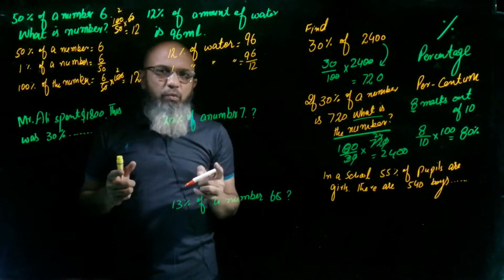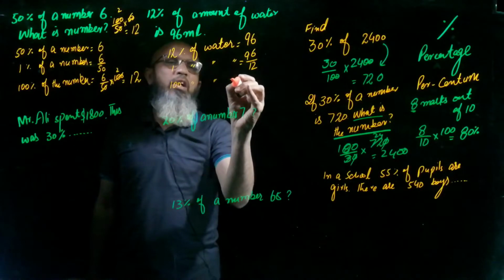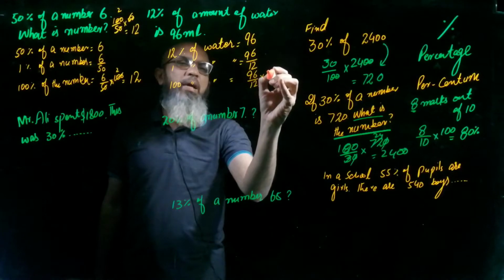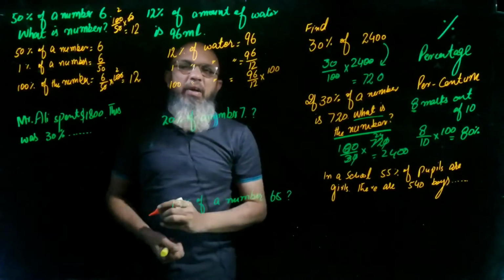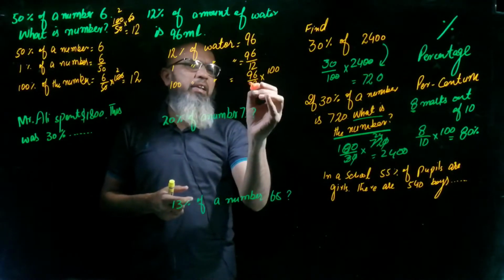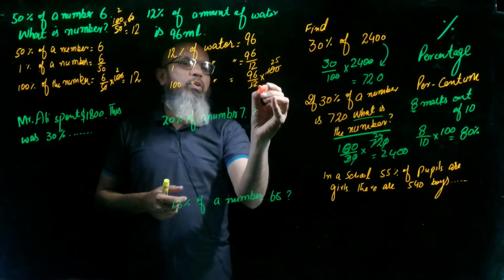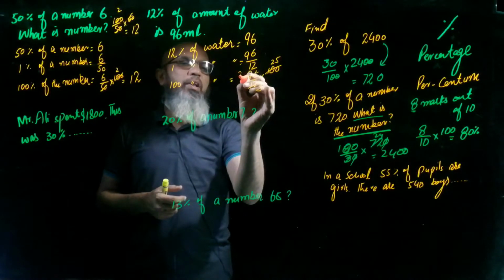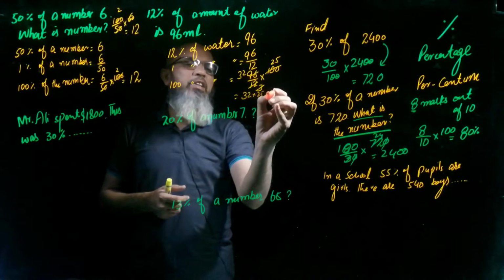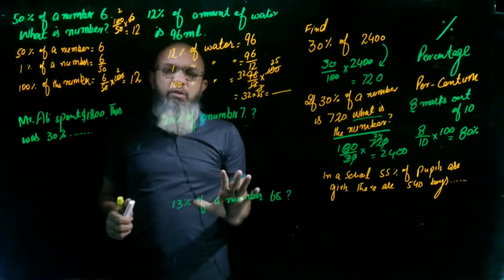So what do we want to find? We are going to find 100% of water. So what is the answer? 96 over 12 multiplied by 100, right? So now you can simplify it. You can simplify with the table of 4, that is 25, and 4 threes are 12, and then 3 into 96, that is 32. Multiply 32 with 25 and that is your required answer. So in this way you can solve all these questions.